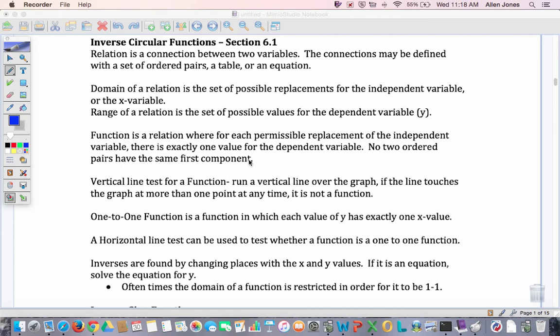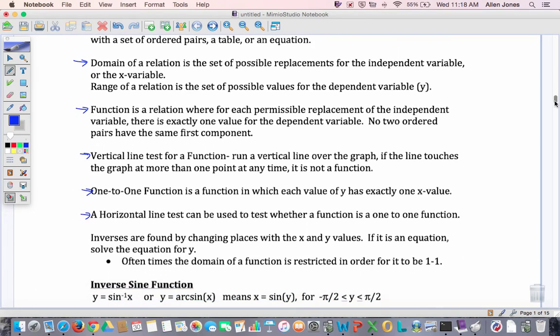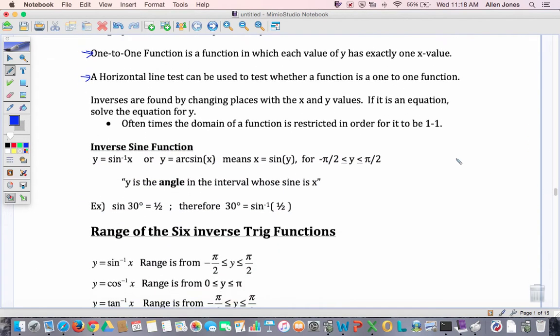Here at the first section in chapter 6, we're going to look at the inverse functions for sine, cosine, tangent. You can read down through here on your own leisure. Here are the definitions of range, domain, definition of function, a vertical line test, a horizontal line test, a one-to-one function, and so forth. I'm going to scroll down and jump right into here where we have our definition of an